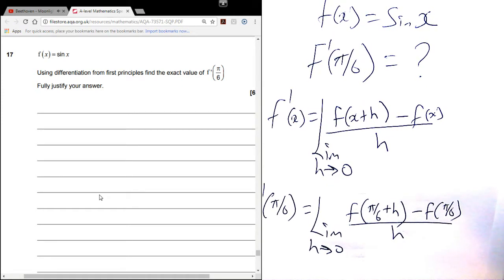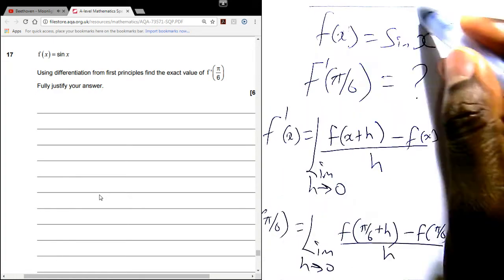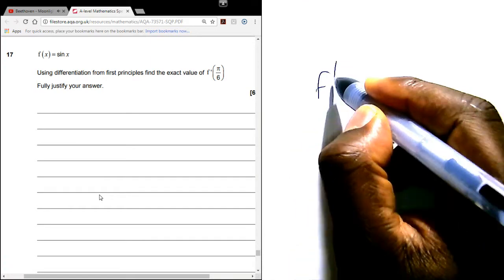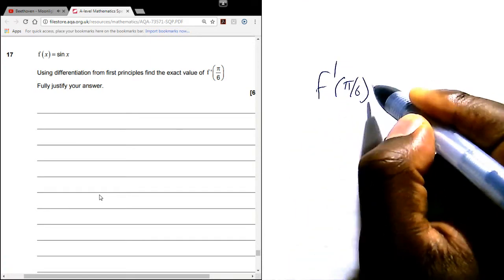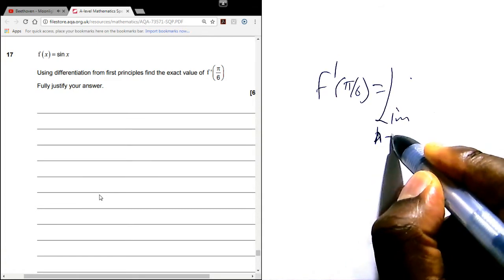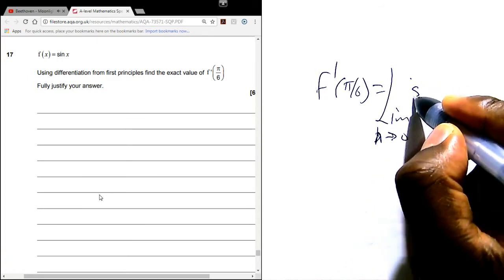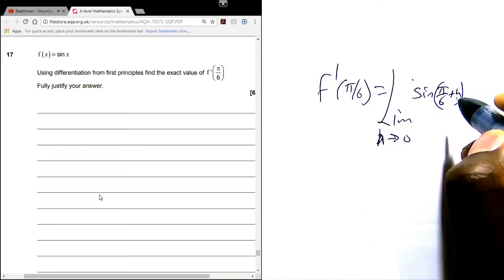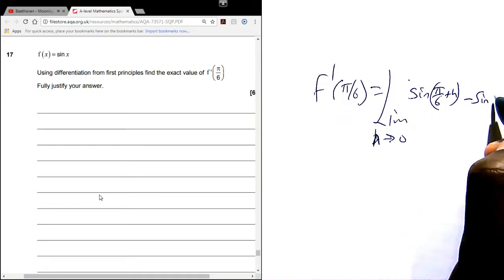Now we don't need to keep writing f because the function is given to us as a sine function. So f prime of pi over 6 means the limit as h tends to 0 of sine of pi over 6 plus h minus sine pi over 6